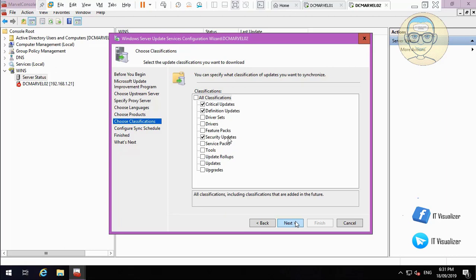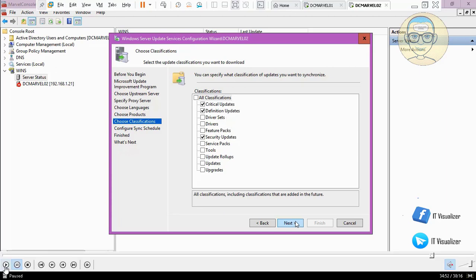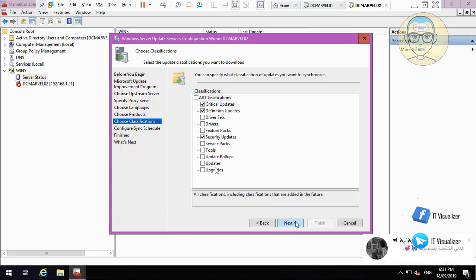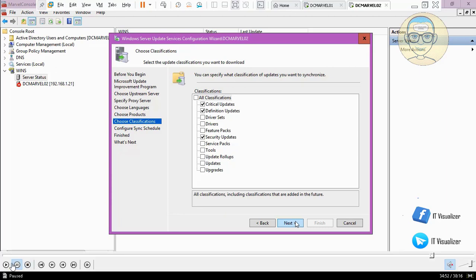We will choose only the security updates, the critical updates, and the definition updates. This will be enough for us, because these are the most important types of updates we need to install. You have the upgrades, for example, if you have an upgrade of a certain Windows 10 operating system. Anyway, we will choose only the critical, definition, and security updates. You can also choose tools, updates, or drivers. Anyway,